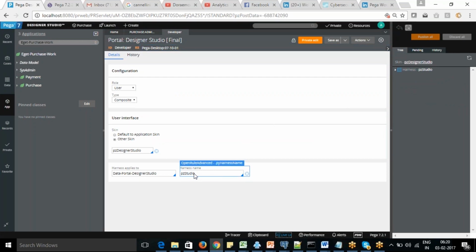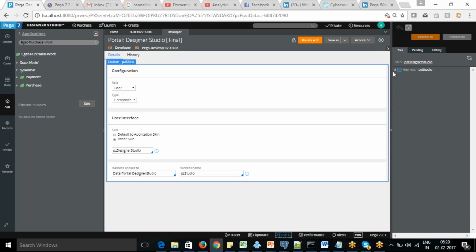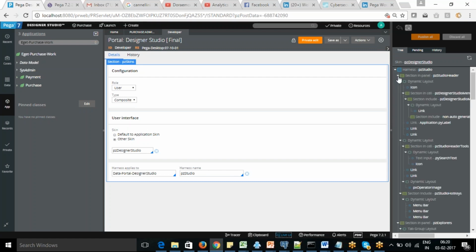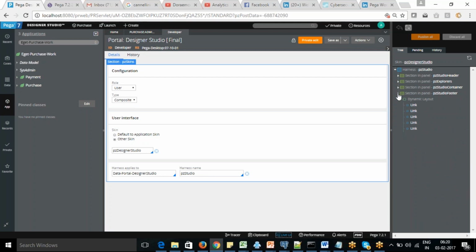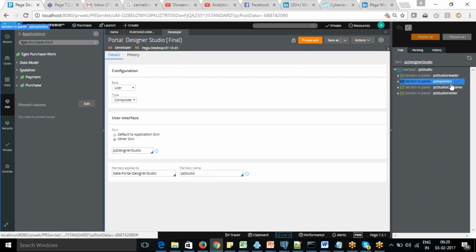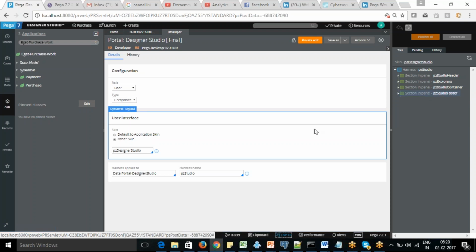Okay, the same name you can see here, PJ Studio. Within the PJ Studio, you have four sections: header, Explorer, Studio, and your footer. Okay, so those are the four sections within the harness.